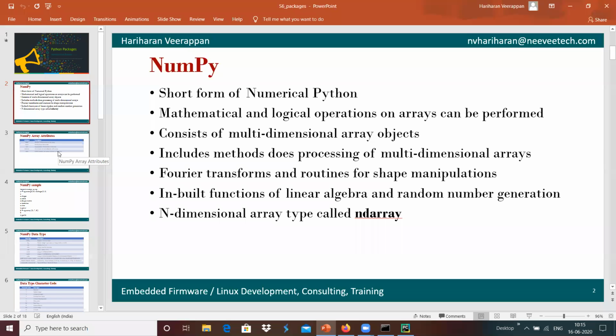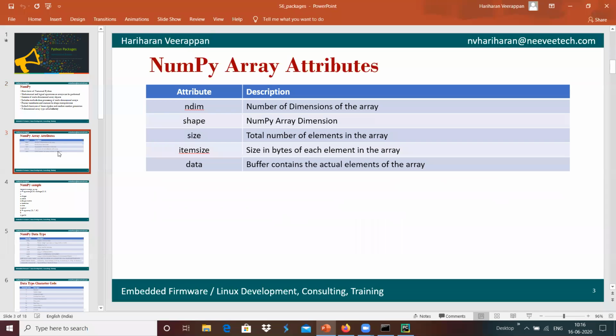Now we have the different array attributes, such as ndim, which provides the number of dimensions of the array, and shape provides the array dimension, whether it is 2 cross 2 or 2 cross 3, like that.